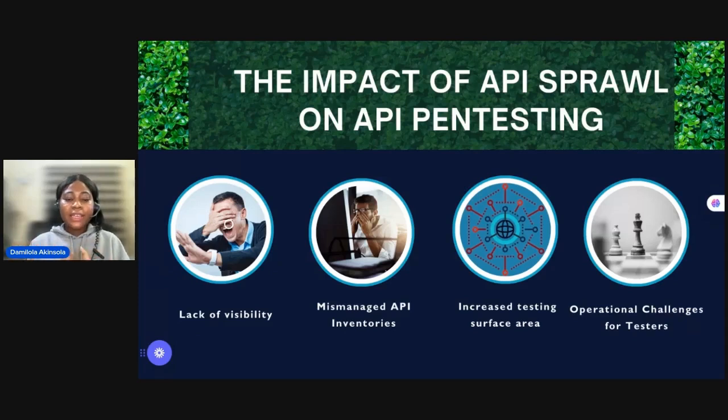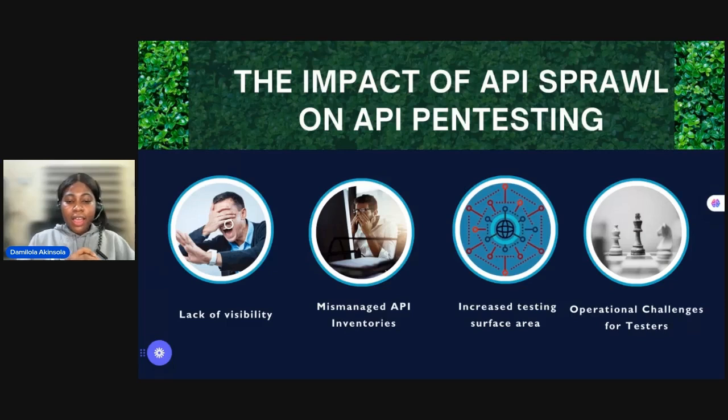And this has even been heightened by the fact that traditional security tools do not really help with this, because what most of them do is just enumerate your existing endpoints. But you can hardly find security tools out there that can go as far as enumerating shadow APIs or hidden endpoints. Today we have AI security tools that are actually doing that. They're embedding such solutions, but you might want to speak with your vendor, if you have maybe a WAF vendor, to see if they have such a feature embedded.